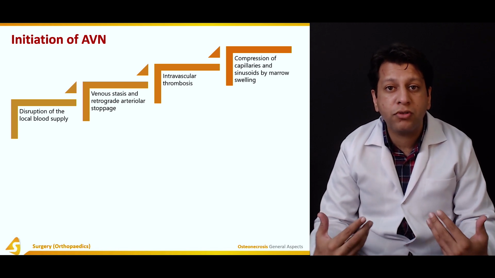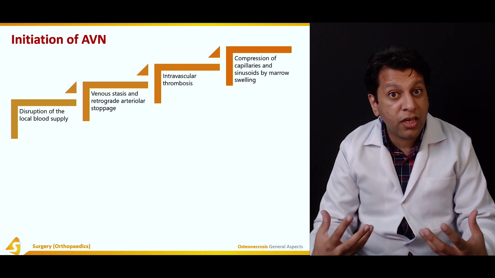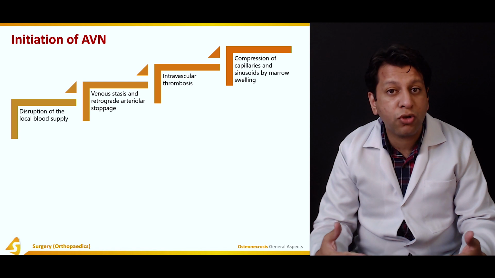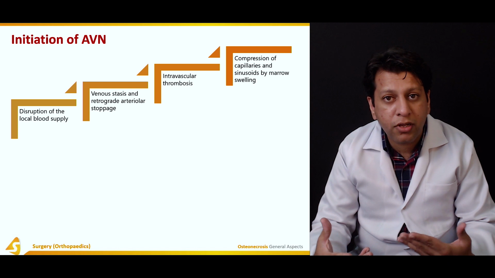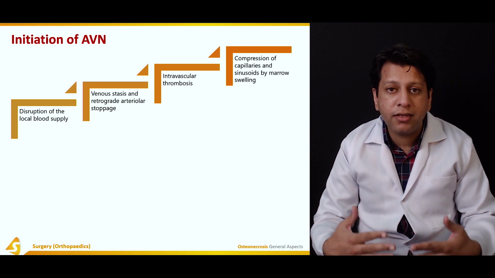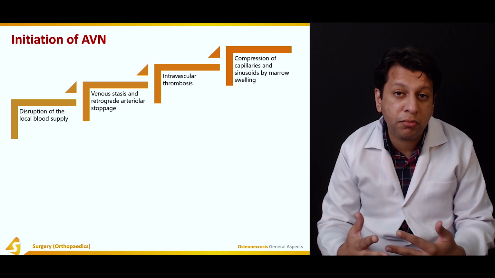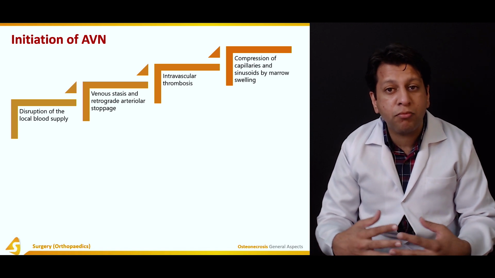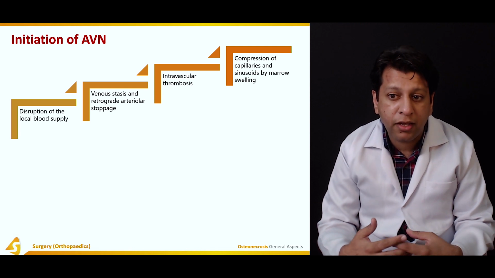Initially the blood cannot come in, and the blood which has already collected due to fracture and hematoma formation has caused the veins to collapse. So the blood which has already arrived cannot go back. This would further retrogradely impair the arterial supply. Once that is done, there is stasis and the blood flow to the arteries becomes sluggish. This results in intravascular thrombosis, where a thrombotic event starts to occur,